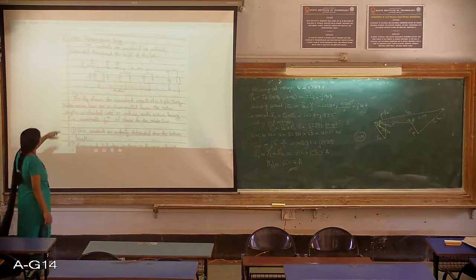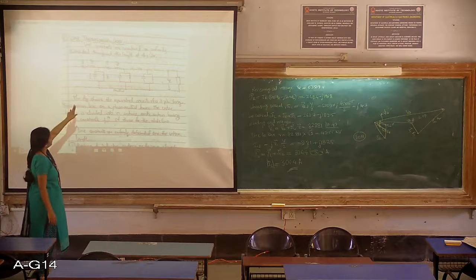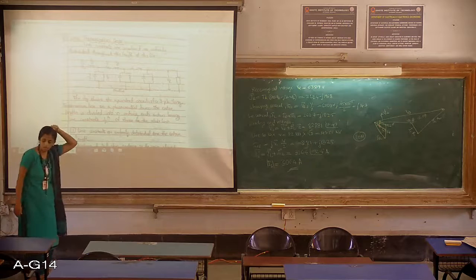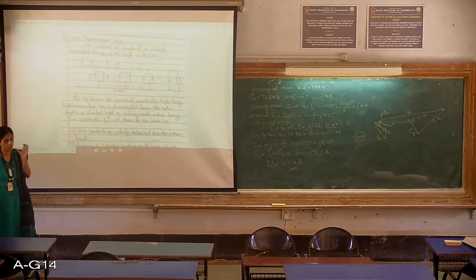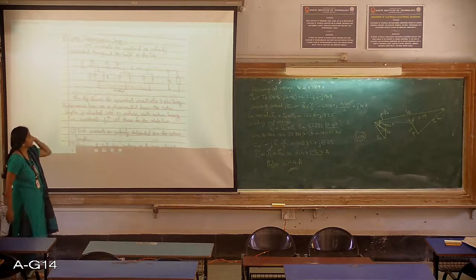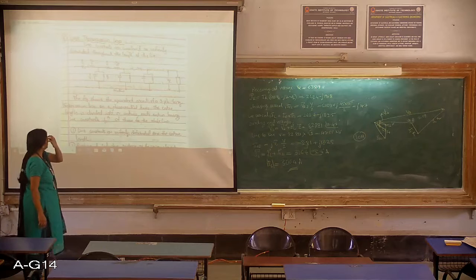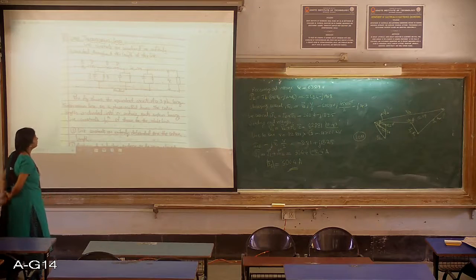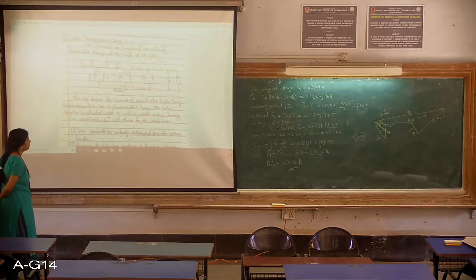In place of the capacitance, we have B by N and G by N, that is the conductance and susceptance. The Y factor, the total admittance, is split up as B by N and G by N, and it is assumed to be distributed uniformly throughout the length of the line. So this is the standard representation of a long line.